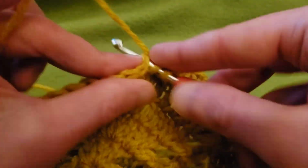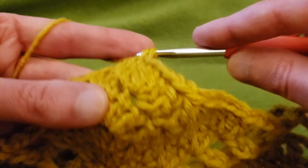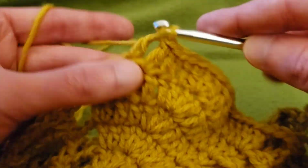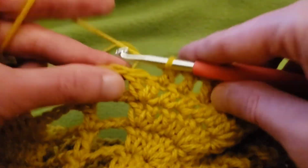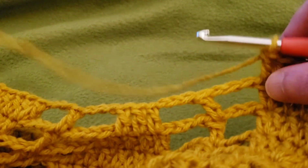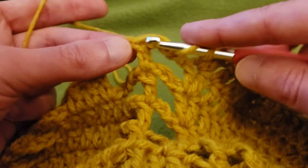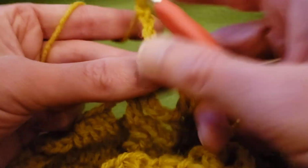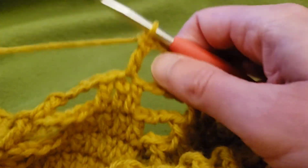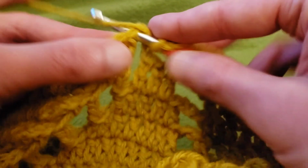there we are, and then 6 normal doubles, 1, 2, 3, 4, 5, and 6, and then 2 doubles into the last stitch. Okay, do this last little bit. Chain 3, double crochet into the freestanding stitch, chain 3, skip the chain space and the first double, going into that middle double with the double, chain 3, double into that freestanding